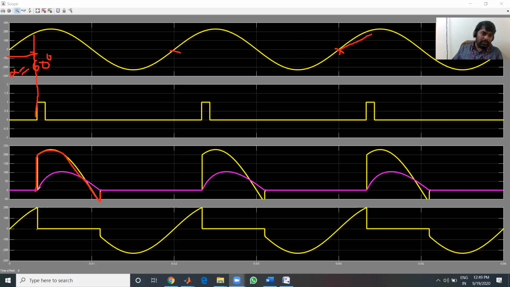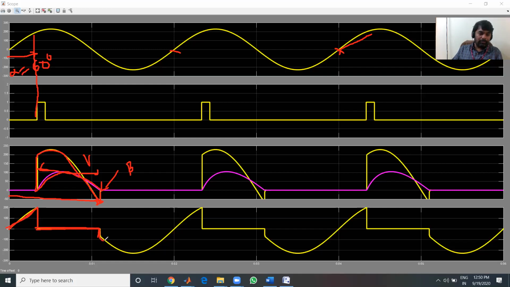And now the current lags the voltage by some angle. The current is charging, thereafter it will discharge. So this is the extinction angle, at which the current is extinguished to 0. It is measured from the reference point to the point at which the current becomes 0, beta. Now this interval is called gamma, during which the thyristor is in conduction state. So during the gamma interval, the thyristor voltage will be 1 to 2 volts practically. Here we are getting 0, the ideal device, right? And during alpha, the thyristor is blocking forward voltage across it, you can see. And from beta onwards, the voltage across the thyristor becomes reverse.